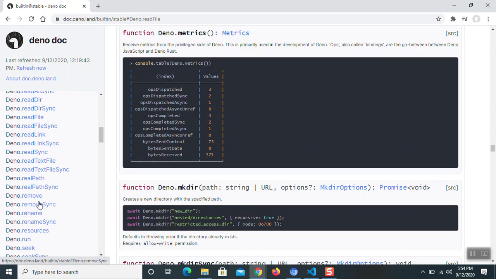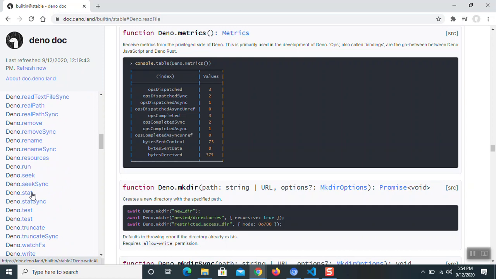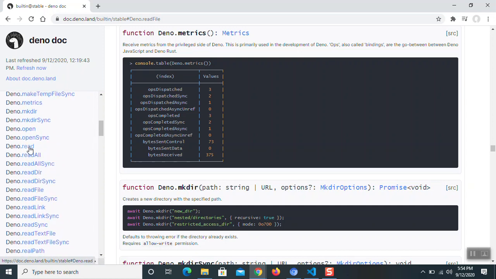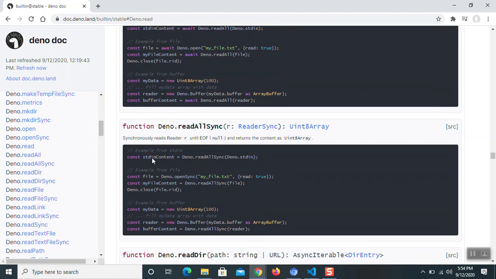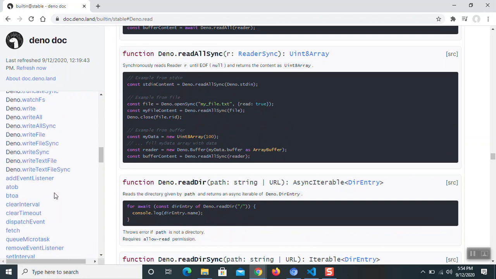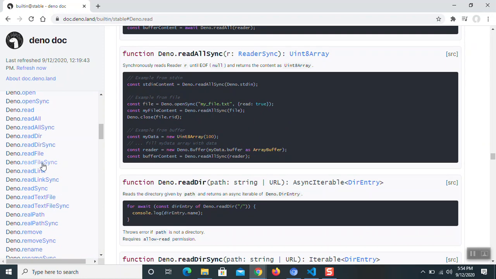No. And if you scroll down below, you'll find out. Our purpose is to read the file contents.